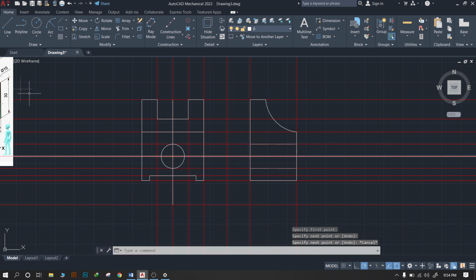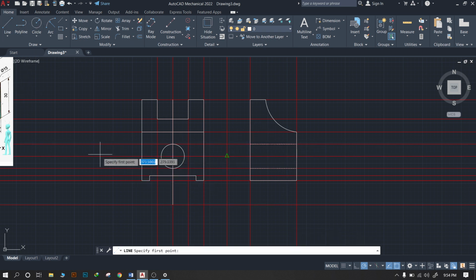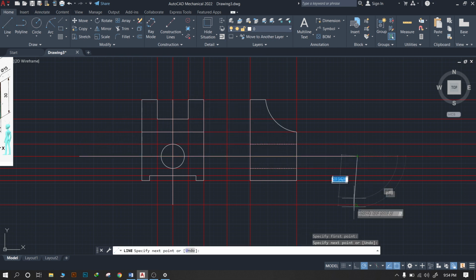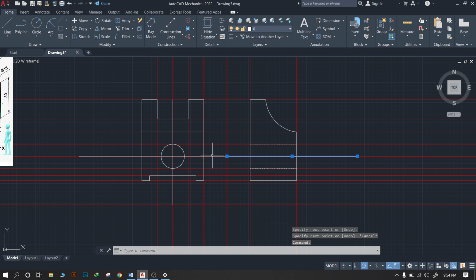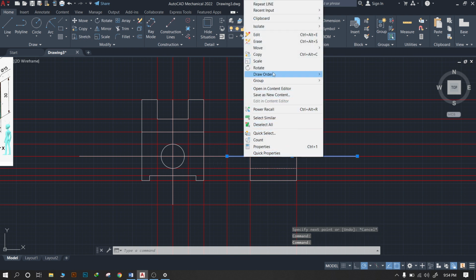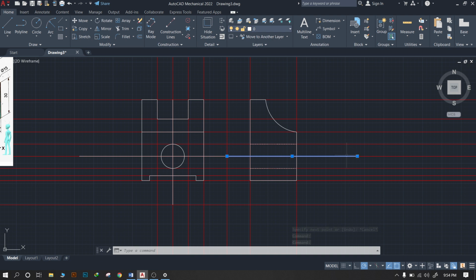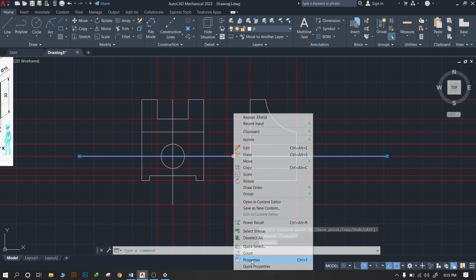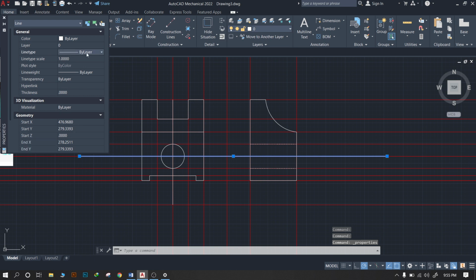For that we just extend this particular line, and for the single line we will change the property line type to center line.